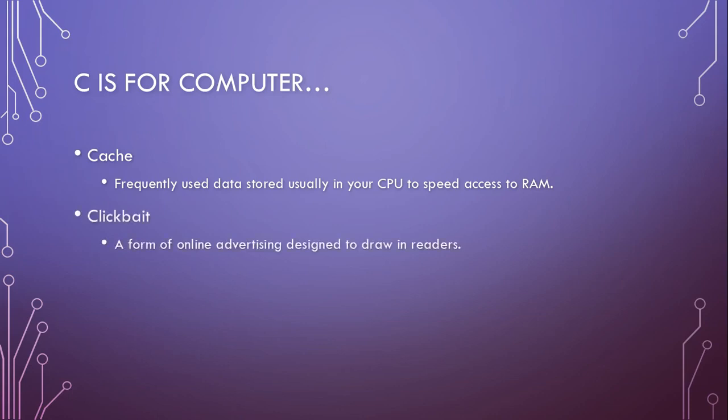Clickbait is our next term. This is simply a form of online advertising designed to draw in users. Most clickbait obviously is not quite so good because a lot of times the content doesn't actually have much value compared to what the headline may suggest. It's like, top 10 things that blah, blah, blah might happen. But those top 10 things a lot of times aren't really that significant or valuable to your life. They're just there to grab your attention really quickly. They'll do this sometimes with news articles too. They'll put a really catchy headline out there to try and get your eyes to look at it. But the other problem with clickbait is that you read the headline, but you don't necessarily digest the actual news.